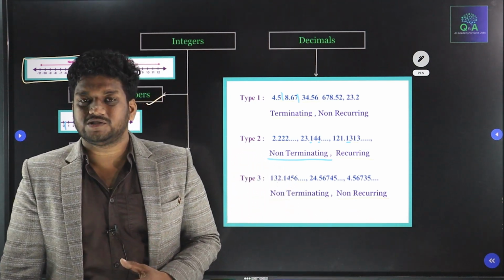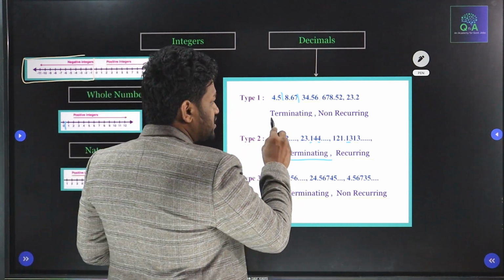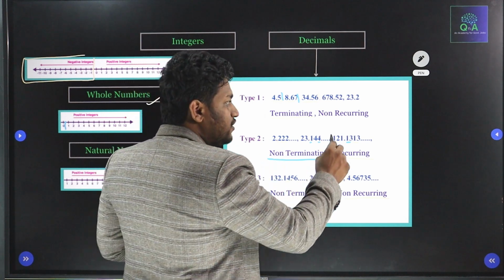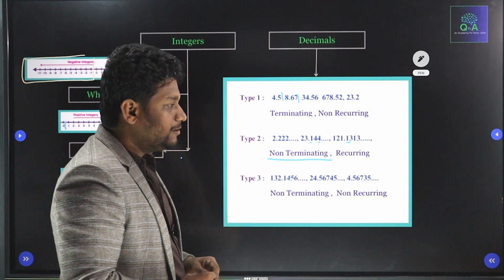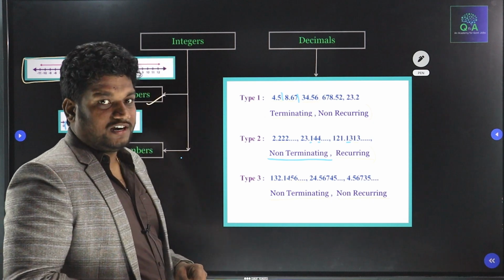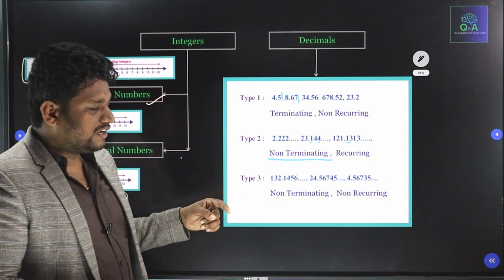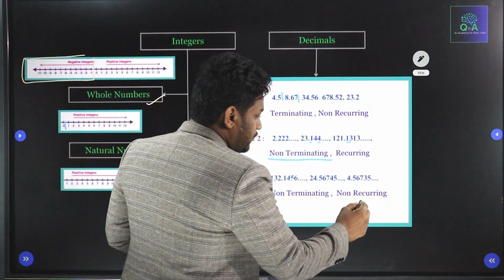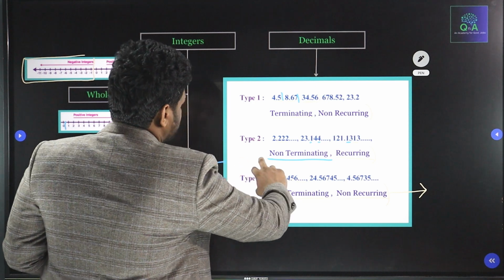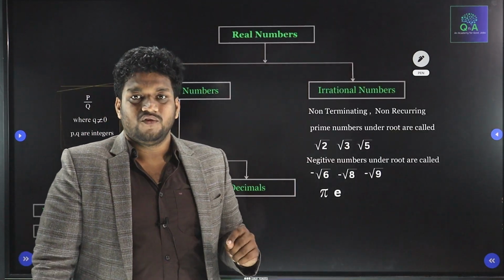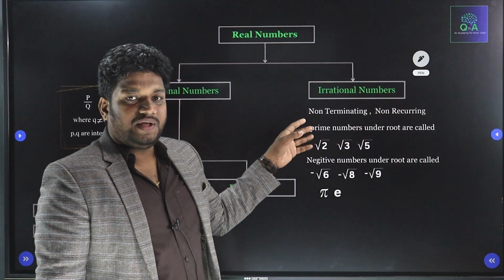So how many different types of decimals do we have? We have 3 different types. The first one is terminating decimals and non-recurring decimals. The second one is non-terminating decimals and recurring decimals. The third one is non-terminating decimals and non-recurring decimals. Now type 3, which are non-terminating decimals and non-recurring decimals, will be considered as irrational numbers. What are irrational numbers? Non-terminating decimals and non-recurring decimals will be considered as